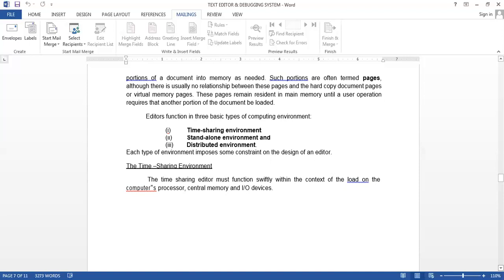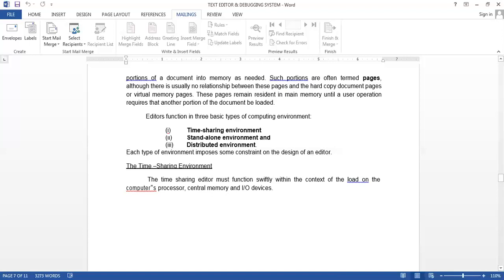After that we discussed the structure of the editor, in which the command language processor interacts with different components, that are the editing component, viewing component, and traveling component. They further communicate with the buffers and the filters to complete the editing task.